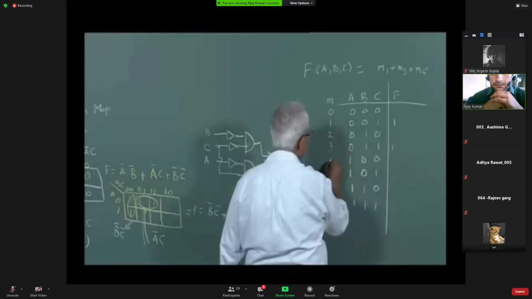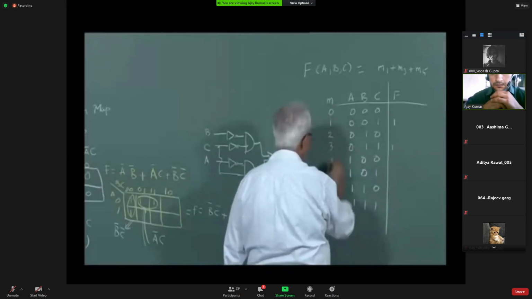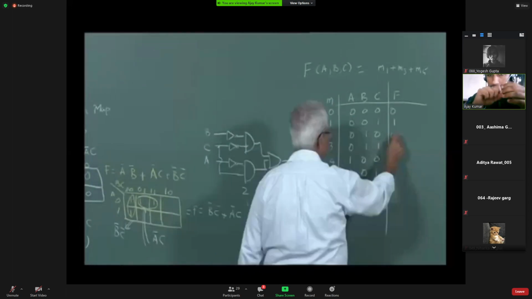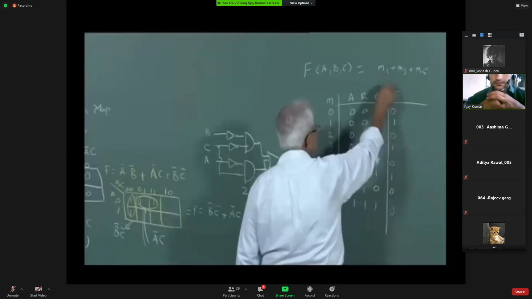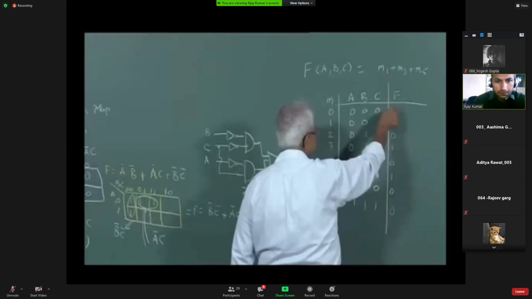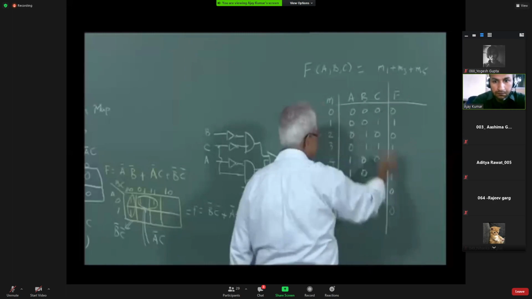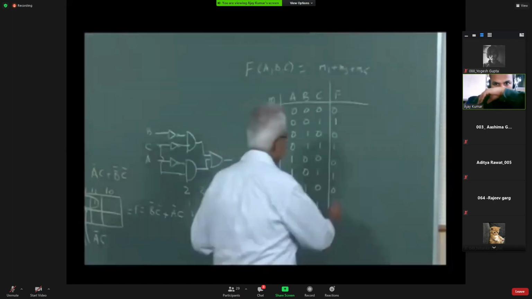You don't have to write it every time. We know it all. If I say this, it is understood. Now, if that is the case, how do I map it? I map it like this.